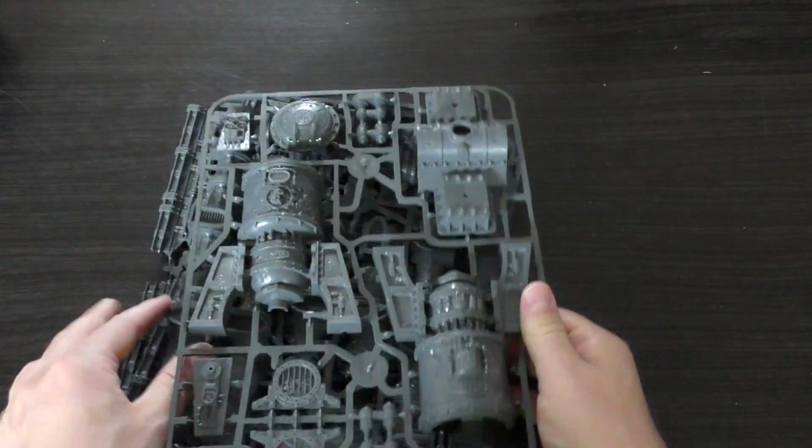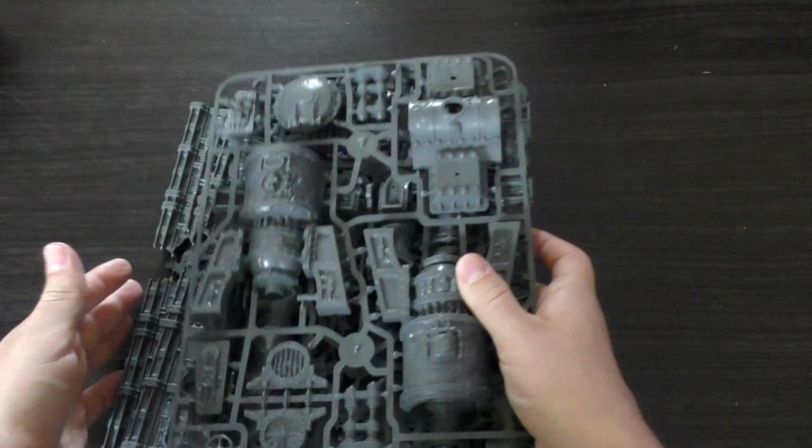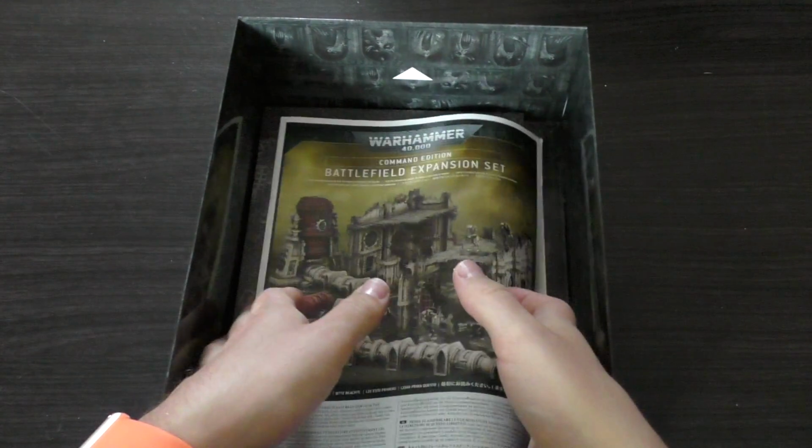So I'm actually really impressed. I'm impressed with the building side of things, and well, yeah, the pipes are pipes, but I'm quite impressed with all that scenery. I will be building that as quickly as I possibly can and giving you a review quite quickly next week. And